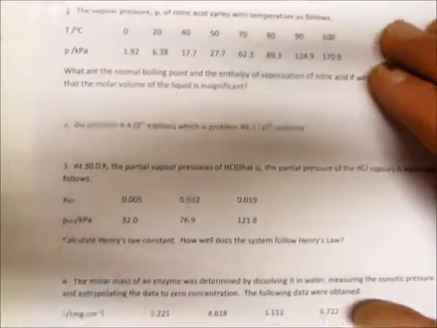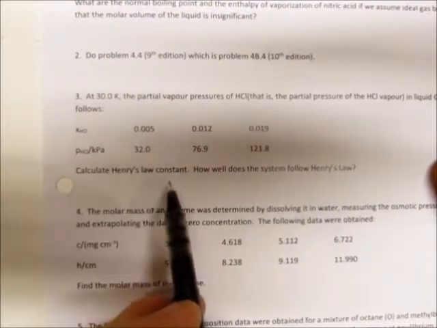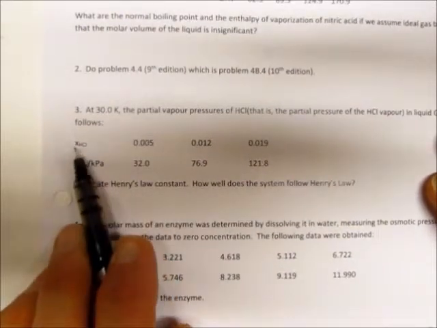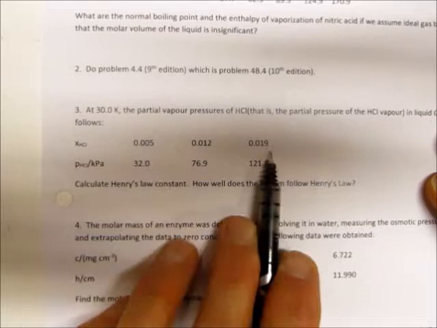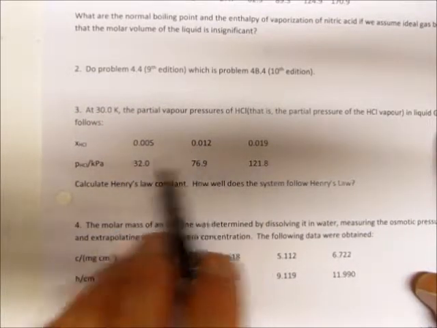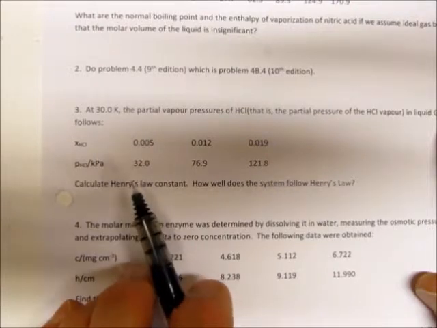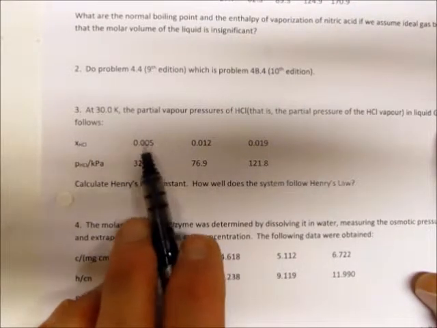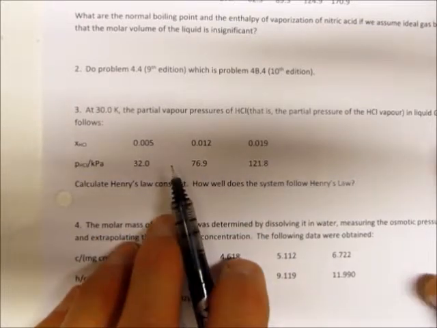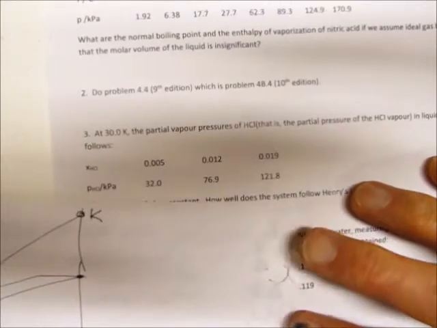And this does make mention, calculate Henry's law constant. So anytime I see Henry's law, I'm thinking the mole fraction of something has to be quite small inside of something else. So long story short, Henry's law says there's a straight line relationship when there's low mole fraction. So basically graph this and get a straight line relation. That's what you're doing. So folks, this data would ask you